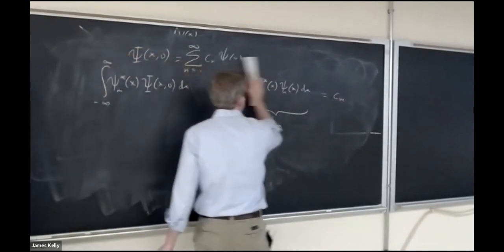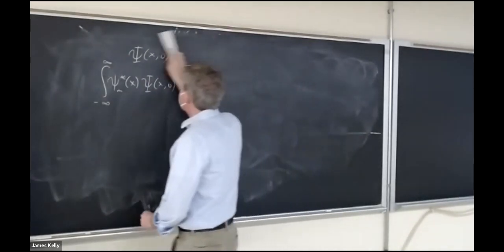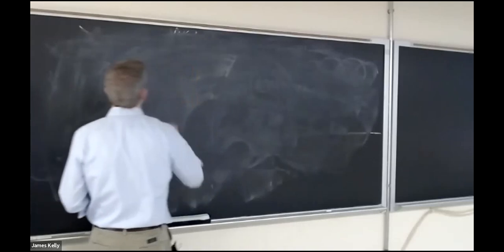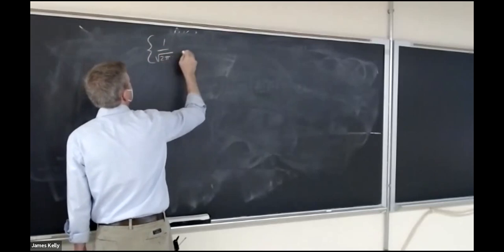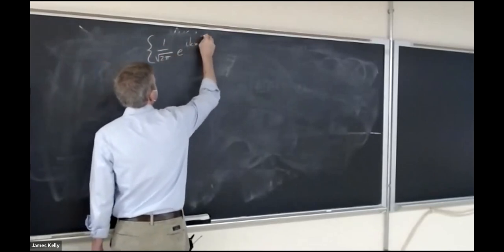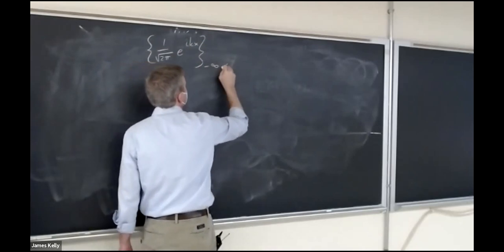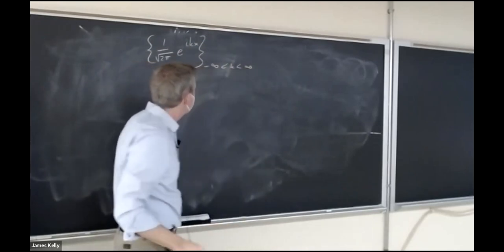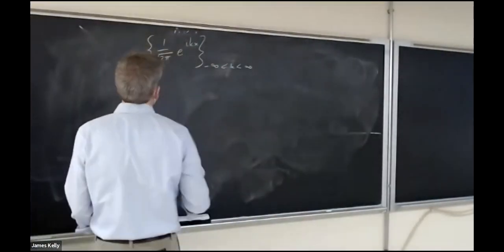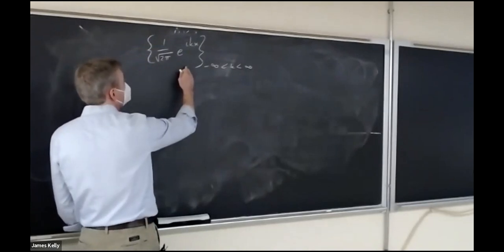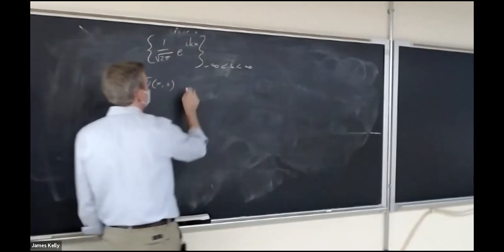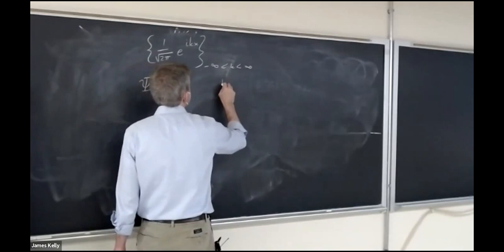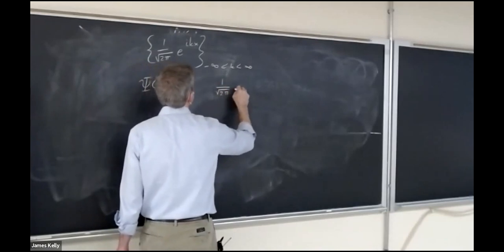So let's repeat that argument now using our Dirac orthonormalized collection of functions. So we're saying, here's our Dirac orthonormalized collection of functions, 1 over root 2 pi e to the i k x for k, all k's between minus infinity to infinity. Those are the free particle definite energy states. And the claim is they're a complete set of functions. And so I should be able to write any psi at a particular time as a linear combination of these things